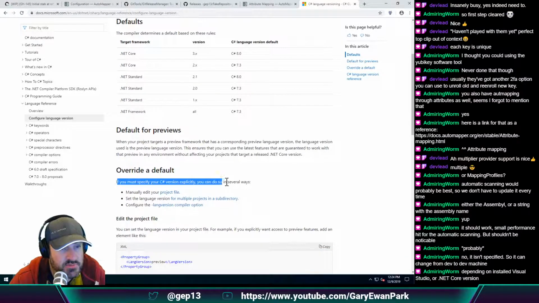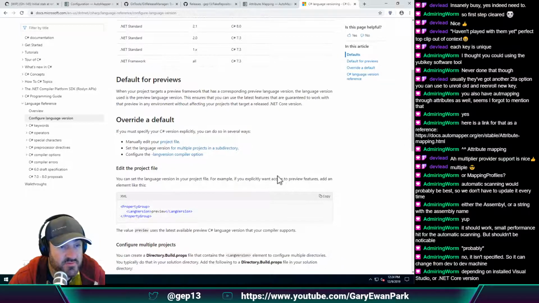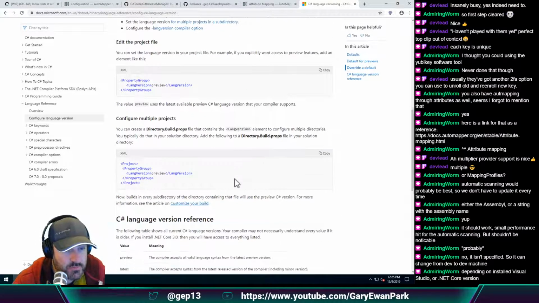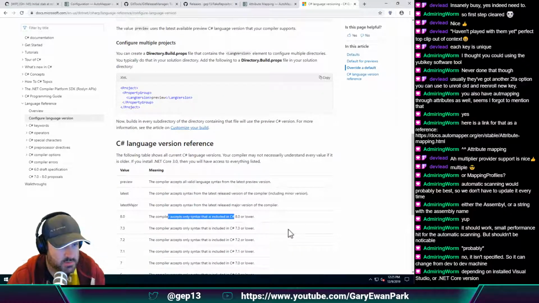So you must specify C# explicitly. If you must, you can do so in several ways. Manually edit your project file, set the language version for multiple projects in a subdirectory, or configure the language version compiler option. Only syntax that is included in